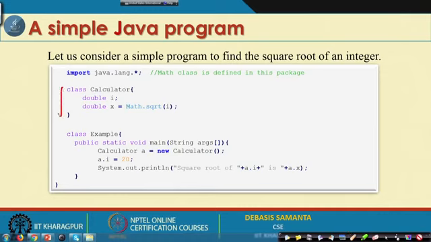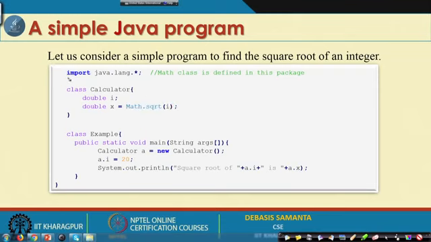This basically calculates for any value i, and the result will be returned and stored into the value x. Here we use another method, which we have not defined anywhere. The name of the method is sqrt, and Math.sqrt indicates that this method belongs to some class. The name of the class in this case is Math.